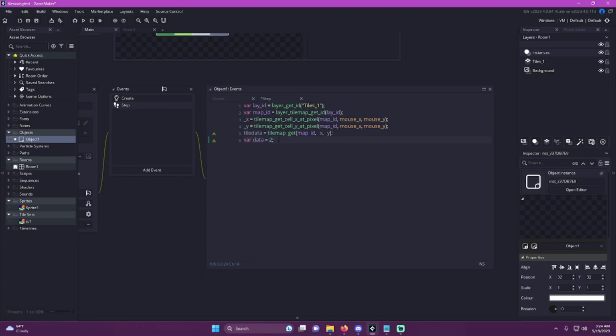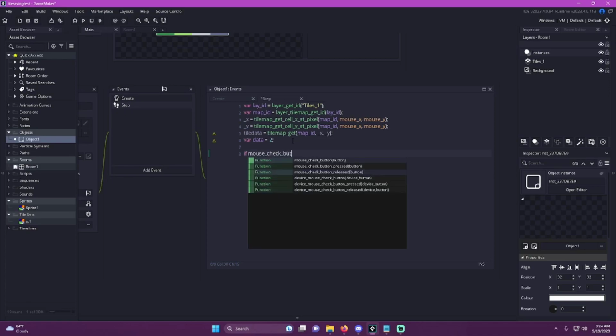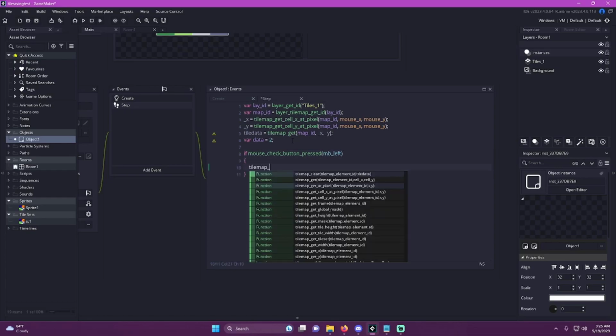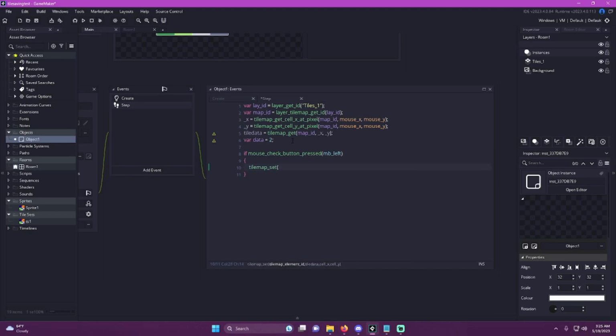I'll describe that a little bit better here in just a second. We're actually almost done with the step event. All the step event is doing is allowing us to click and draw tiles on screen. So we'll do if mouse check button pressed mb underscore left, and then all we have to do is tile map set. Since we already got the tile map up here, now we're going to set the new tiles. So again, we'll set the map ID,